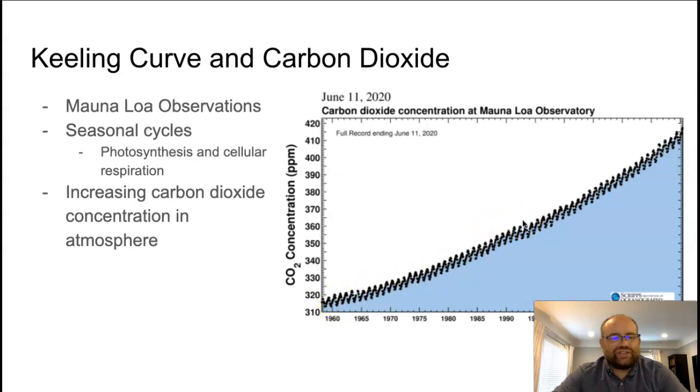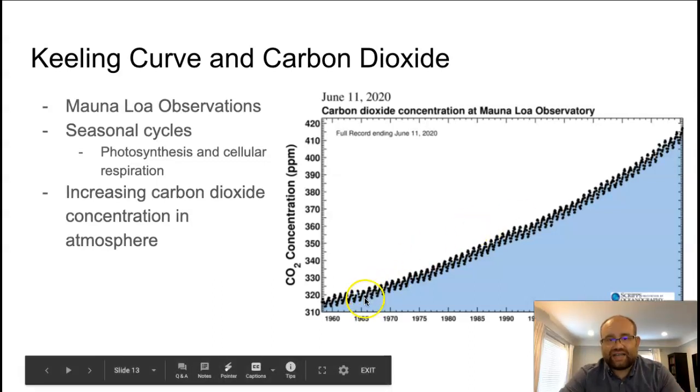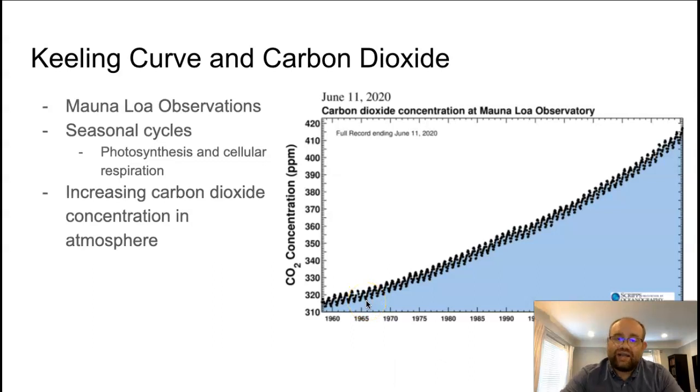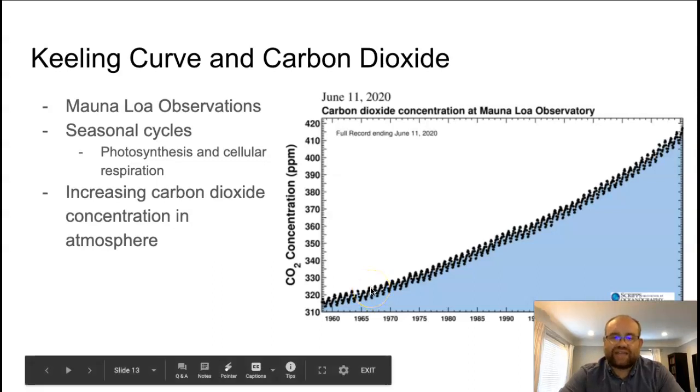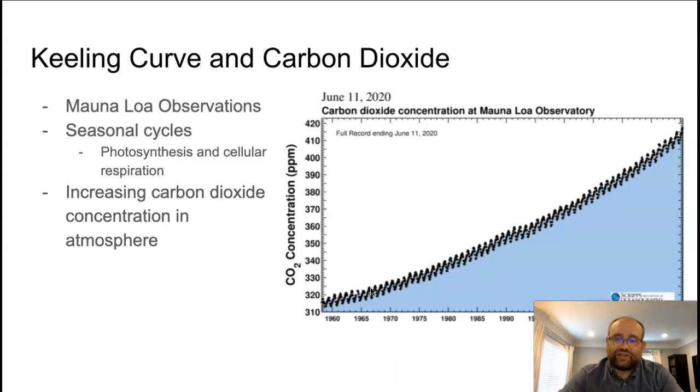These seasonal changes are due to the photosynthetic activity of the plants in the northern hemisphere, which has a larger land mass. During the spring and summer months, we see the concentration of CO2 decrease. Why? Because of the increase in photosynthetic activity. Then in the fall and winter months, as cellular respiration overtakes the photosynthetic activity, we see an increase in carbon dioxide concentrations, because cellular respiration, you and me breathing right now, has carbon dioxide as part of its product as we're producing energy